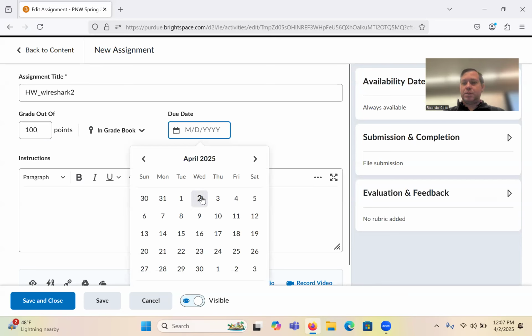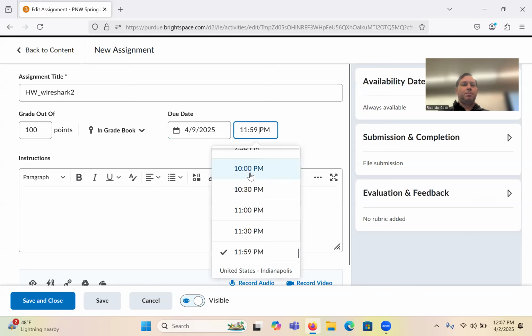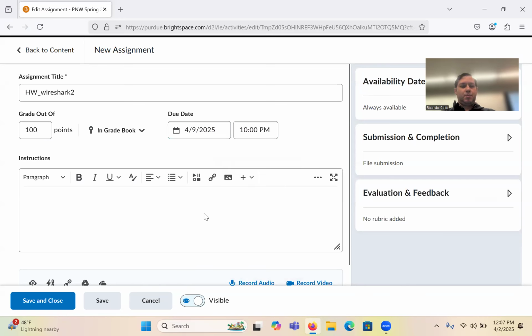Today is the 2nd of April, so this will be due at 9:10 p.m. Provide a one-page summary of the given Wireshark reading.